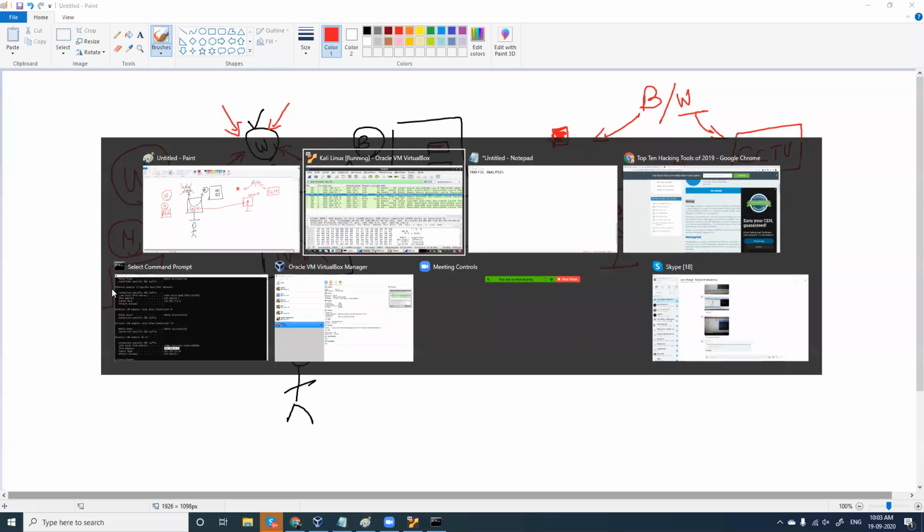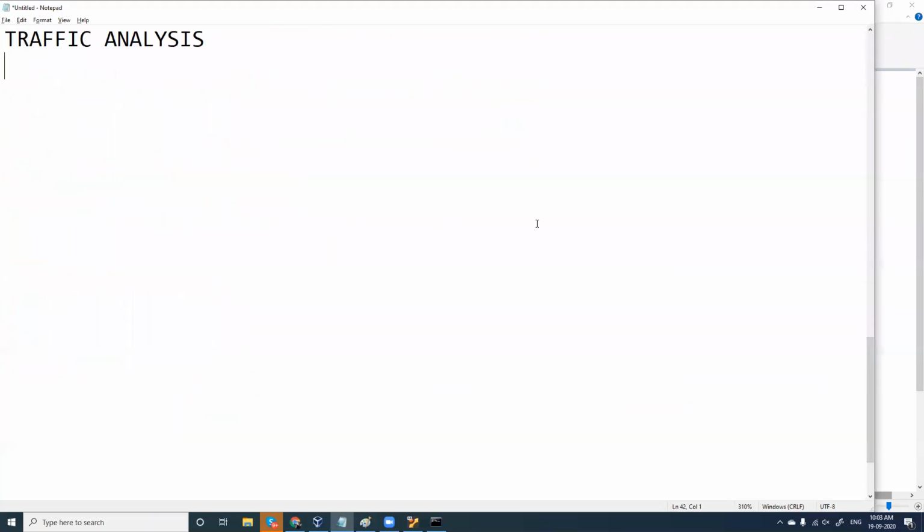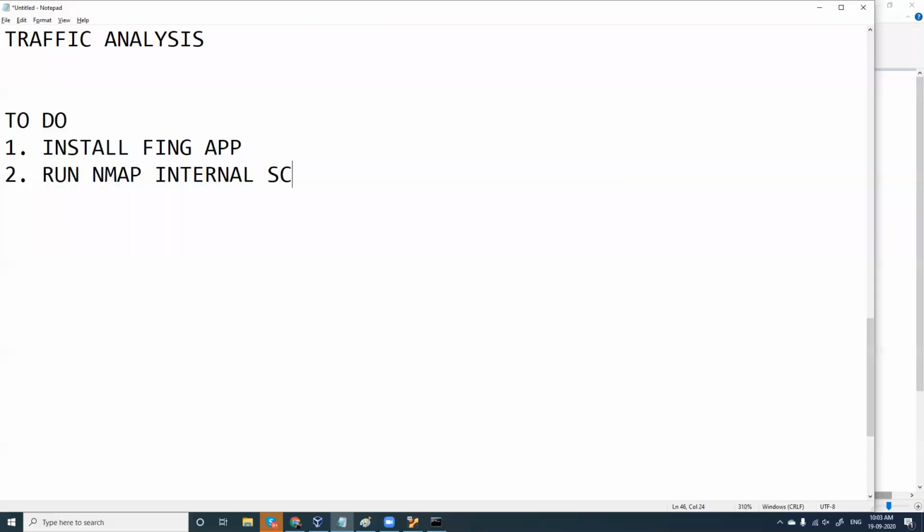Fine. So as of today's to-do is concerned, you have a few to-dos for today. One is install Fing app in your mobile, then run Nmap internal scan and find how many computers are on.